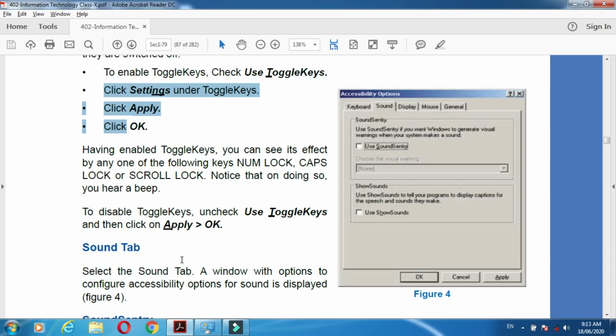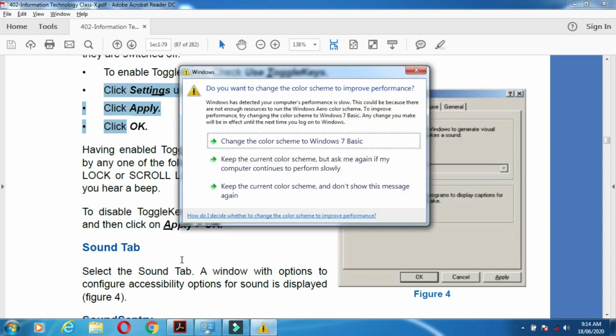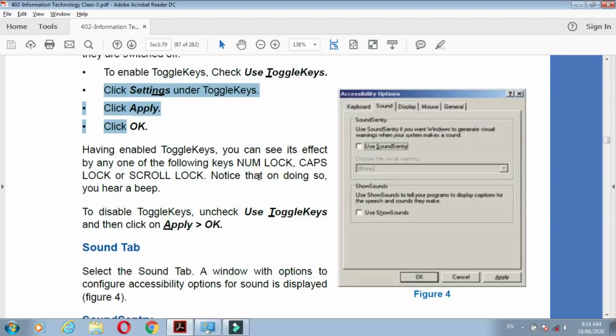Now I am pressing the num lock key. What happens? Again the sound is emitted. In this way we can check whether our toggle keys are applied or not, and this can help vision impaired people. In this way we can apply it.